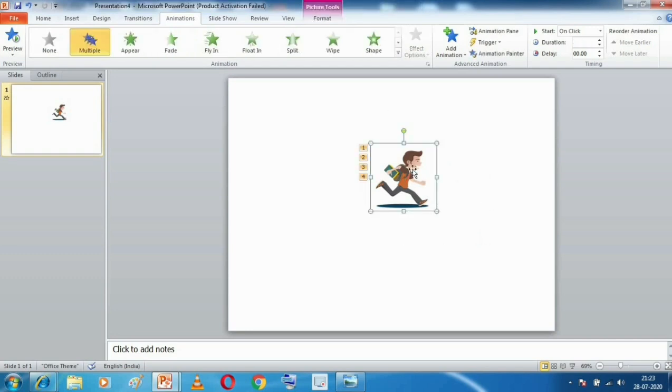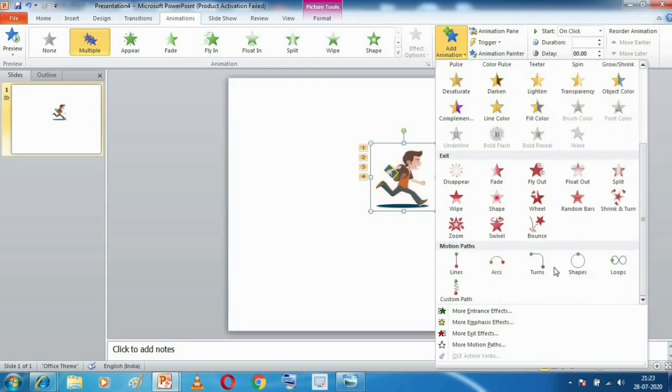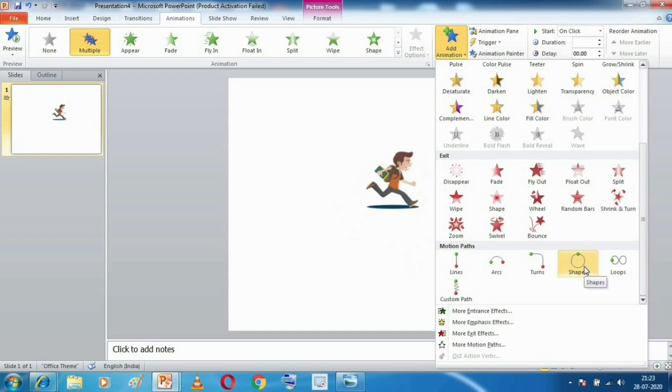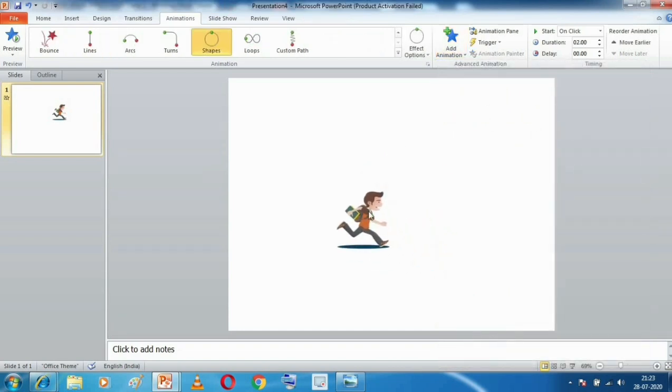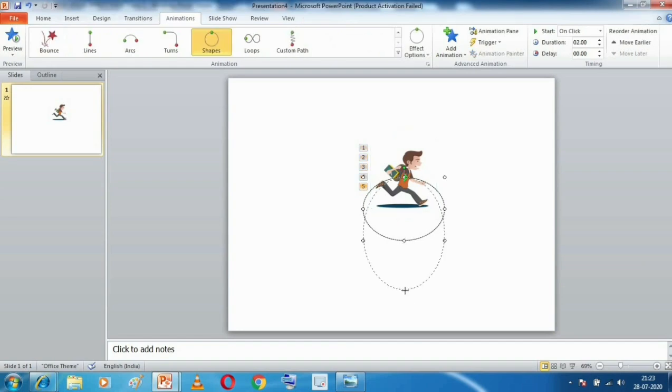Next type of motion path is your shapes. Okay, so suppose I want this shape or my picture to move in a circular path. Okay, so see, I have inserted this circle. Now it will move in this circular path. See how. First it will enter,